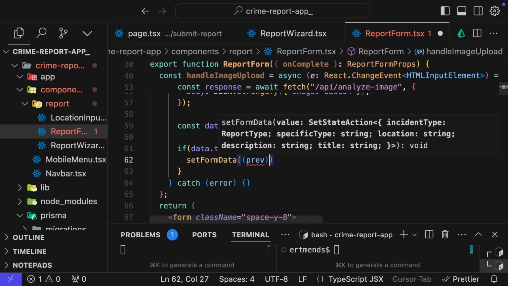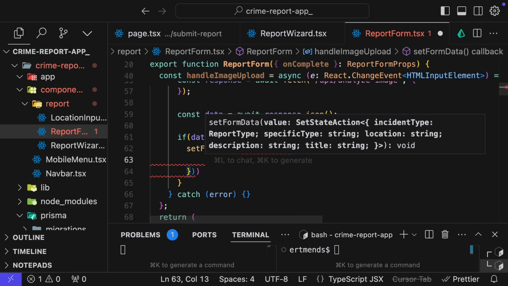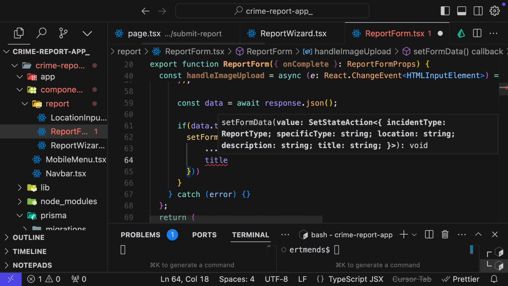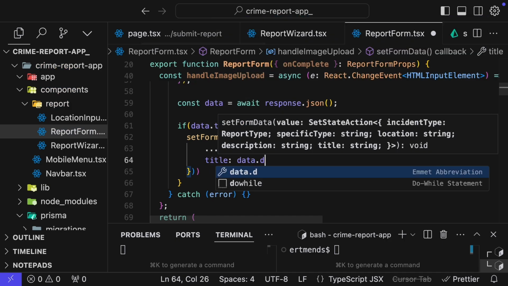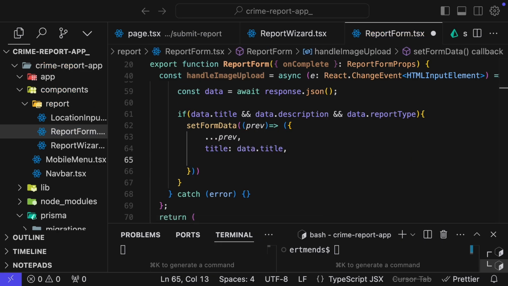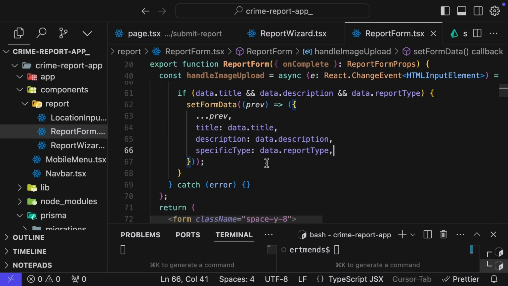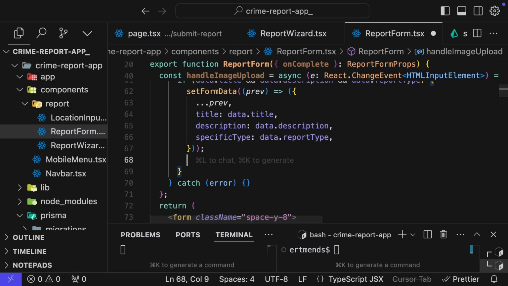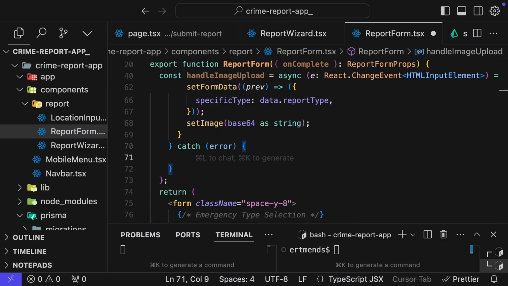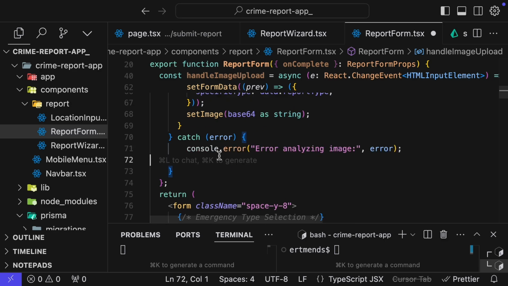If all these conditions are met, we want to set the form data. We have prev over here, the previous state, and we spread whatever data we have in the previous state. We add the title to it, which is going to come from data.title. We have the description, and we have the report type, right? So we paste those over here, and finally we set the image to the base64 string,